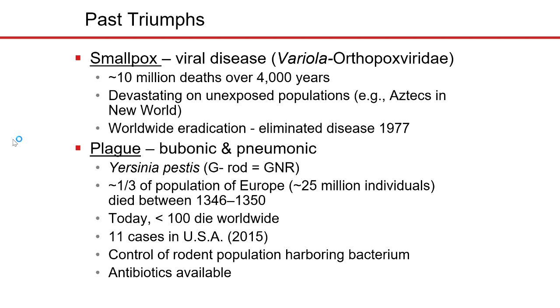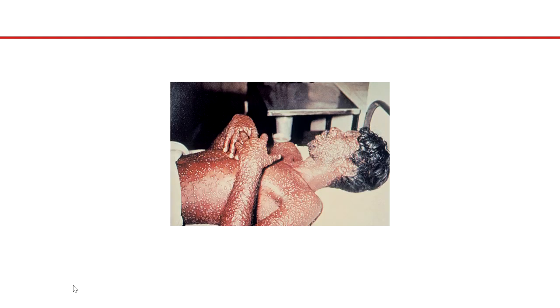So again, now we still have cases, anywhere from 10 to 25 a year, just not the same sort of outbreaks. And part of it is what? Antibiotics, which have been available since World War II. All right, this is what smallpox looks like. These permanent type lesions of the dermis. This guy, right, survives, he's going to have permanent scarring, but that's the least of his issues because this disease gets through all your organ systems.